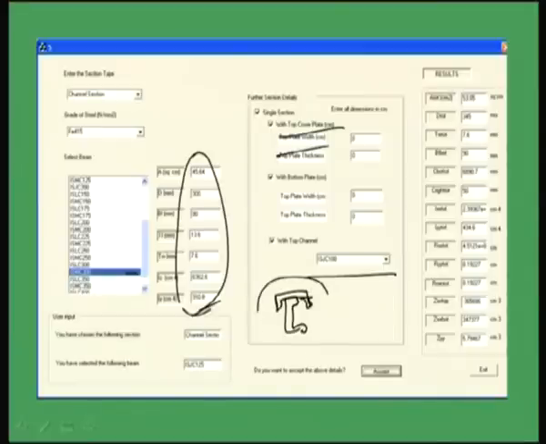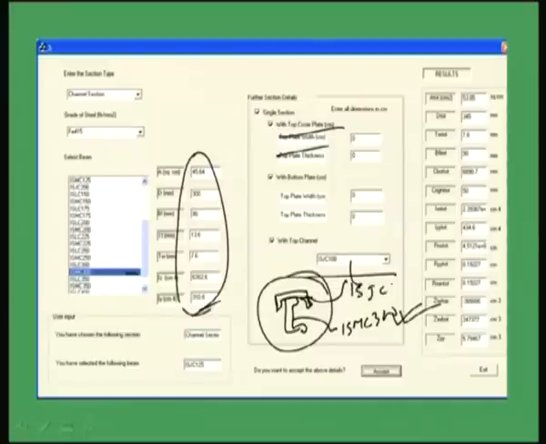Now what will be the properties of this equivalent, means whole section, that has been displayed here. This is given ISMC 300 and this plate is given ISJC 100. At the top one channel also has been placed. So in this way we can find out.